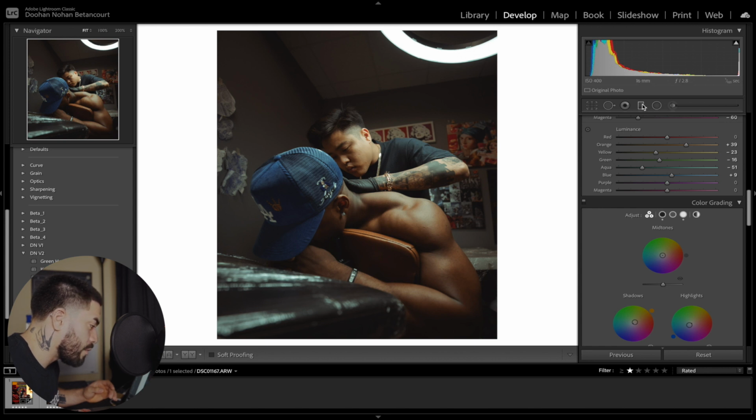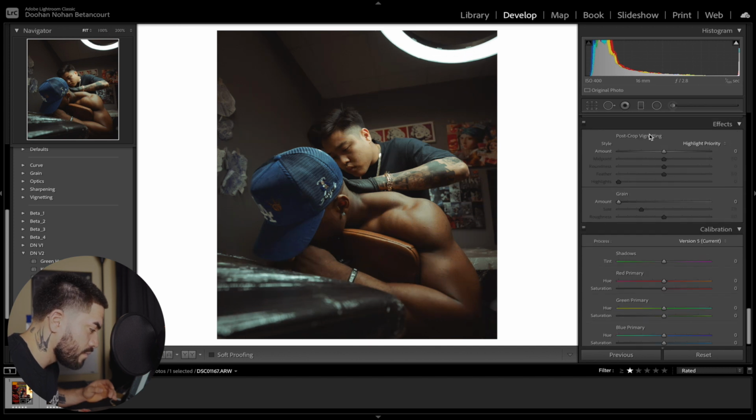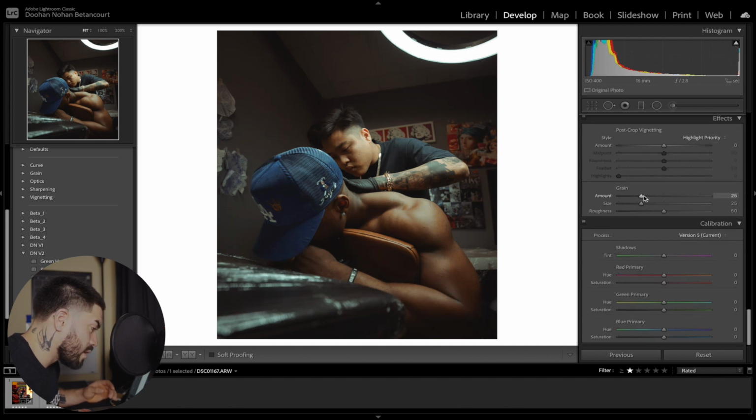And yeah, I think now we're gonna go ahead and just mess around with some grain. Add some grain to it, give it more of a vintage look. I'm thinking that's a little bit too much for me, so maybe 35 would be good. Mess around with the size. That's pretty big, so we're gonna keep it at 15. And yeah, that should be pretty solid for me, not gonna lie.